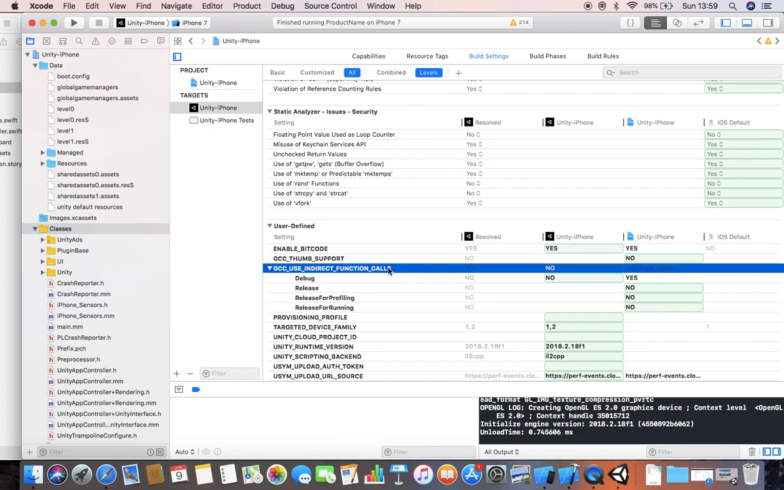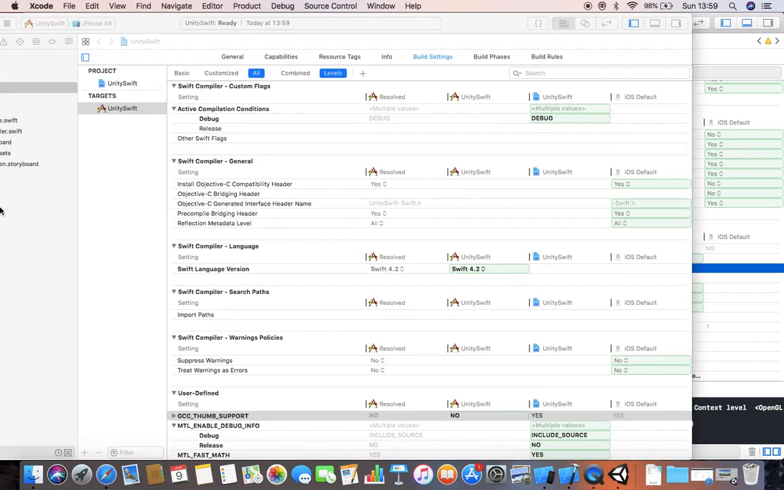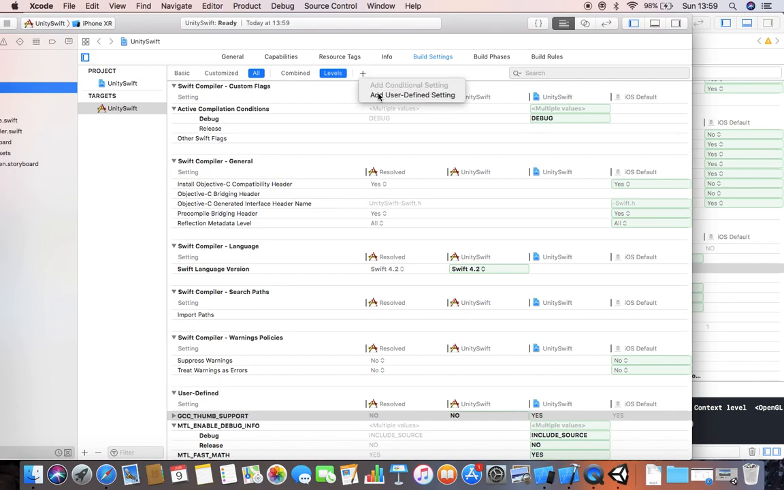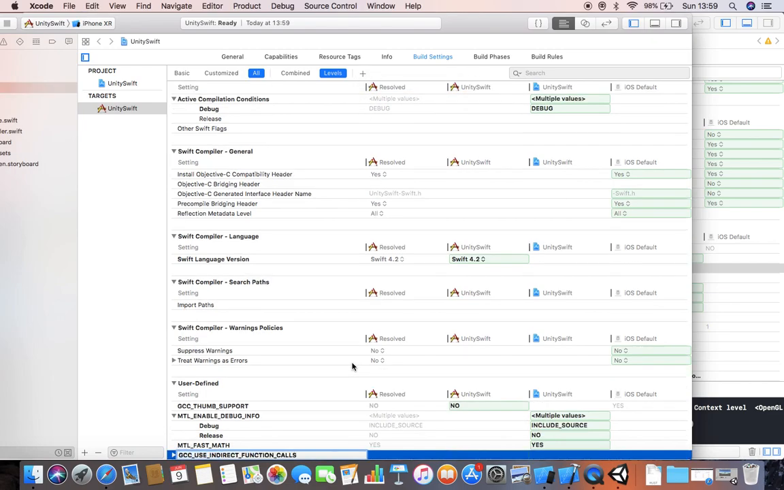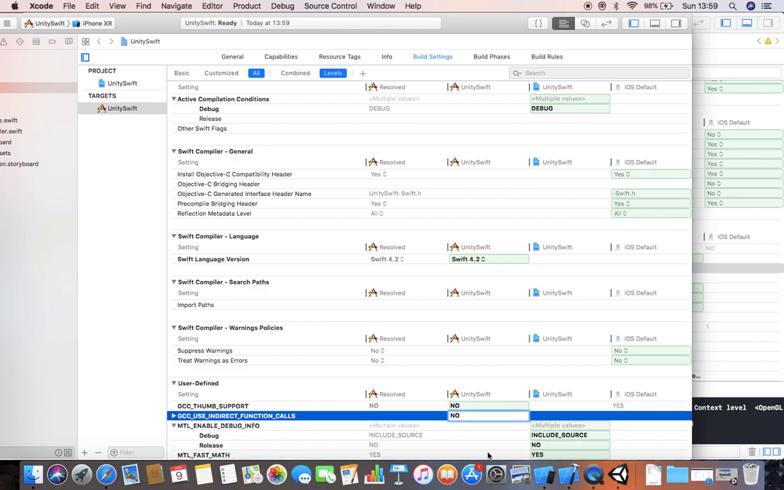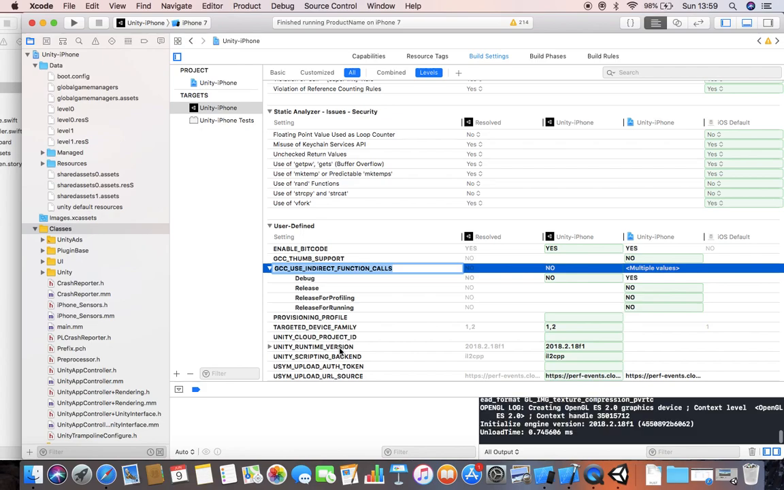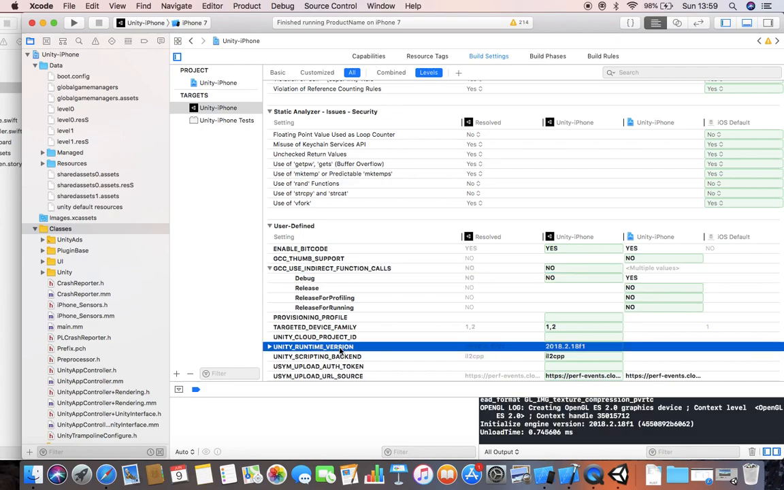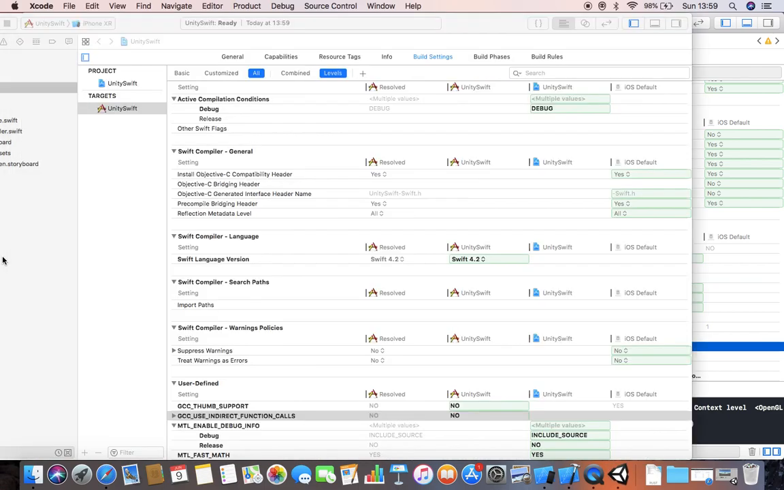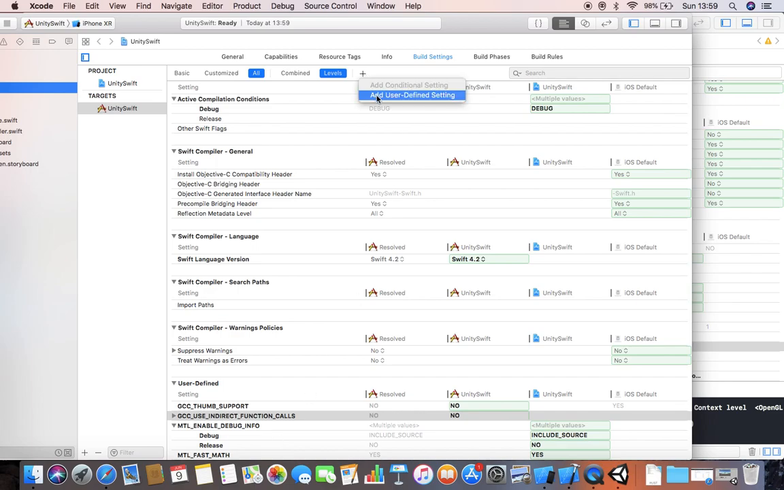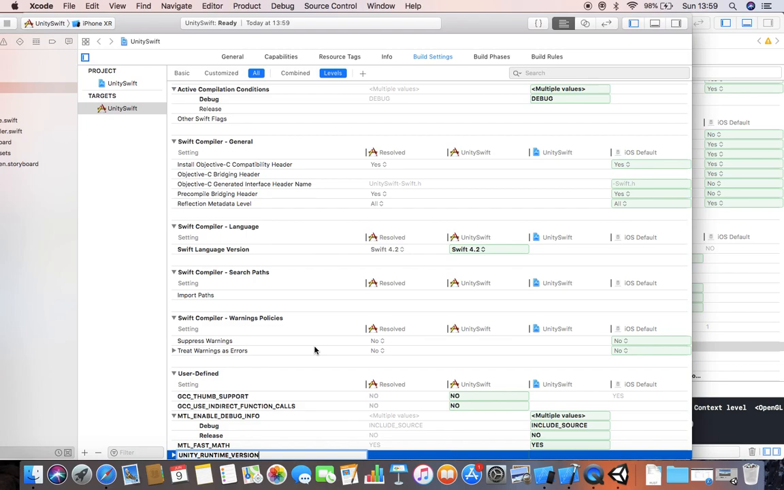Then I have GCC indirect function calls, copy it. I'm going to add this stuff as well, and GCC underscore use underscore indirect function calls, I'm going to set it as no. And then from here I need to take Unity runtime version and Unity scripting backend. So I'm copying this Unity runtime version, and I'm going to add the same by the same method. Unity's runtime version, that's the version which we are using from Unity. So the version which I'm using is